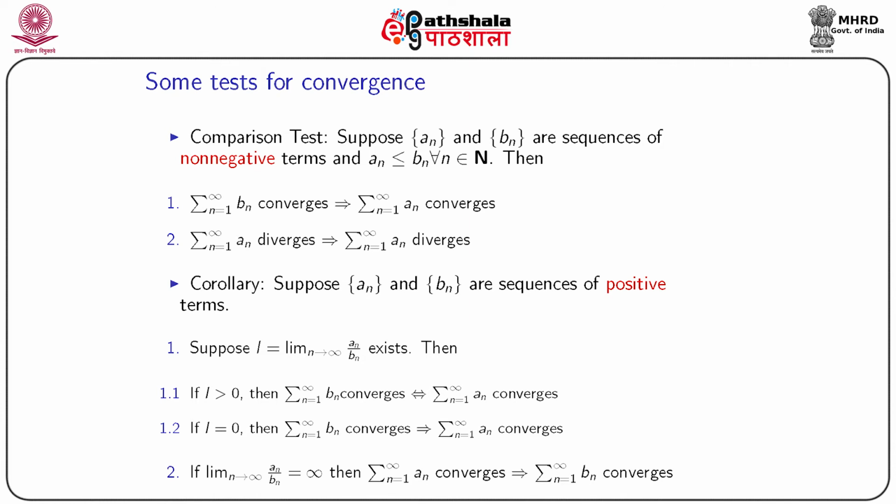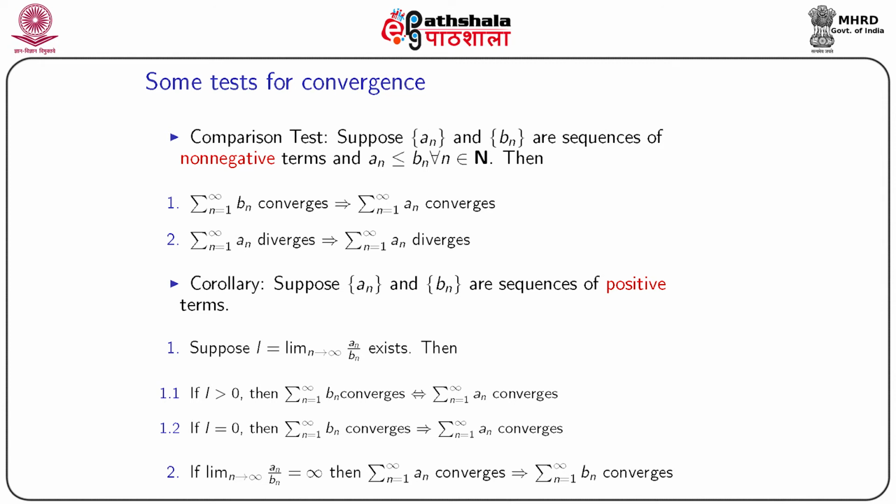One important corollary is that suppose a_n and b_n are sequences of positive terms, and suppose L is equal to the limit as n tends to infinity of a_n over b_n, and this limit exists. Then if L is greater than 0, we say that the sum over b_n converges if and only if the sum over a_n converges. If L is equal to 0, then if the sum over n from 1 to infinity of b_n converges,